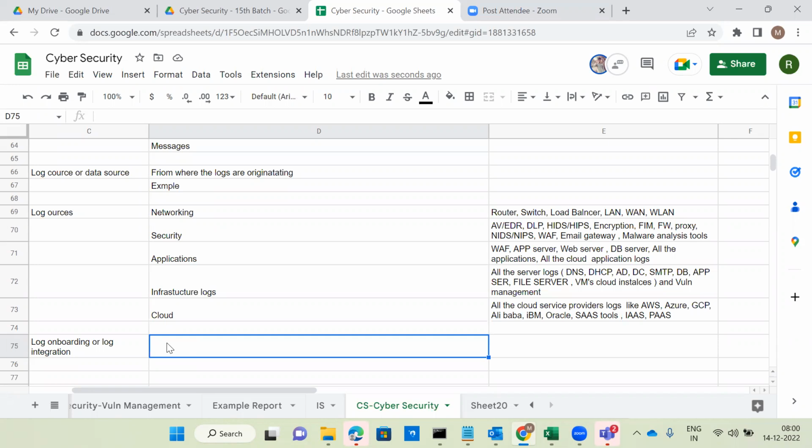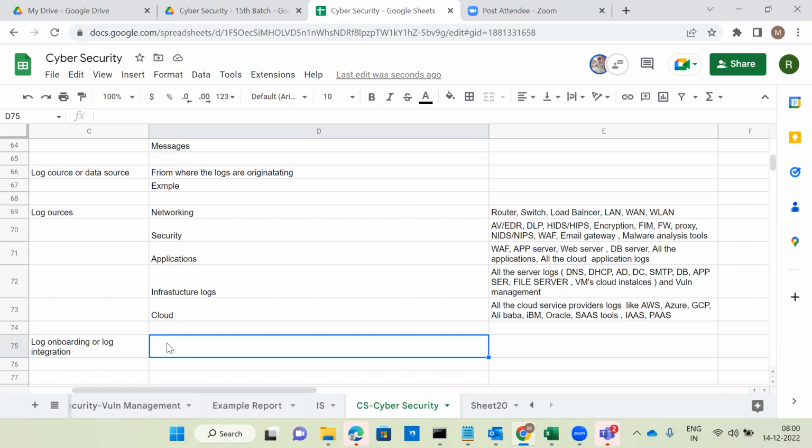This will be done by the implementation team or L3 team. Okay. But even though, they will expect it from L1 as well. Do you know how to onboard new log sources to the SIEM tool? Or do you know how to integrate new log sources to the SIEM tool? Okay. So as I said, these are not constant and are dynamic in nature.